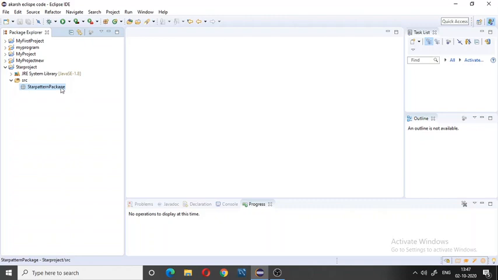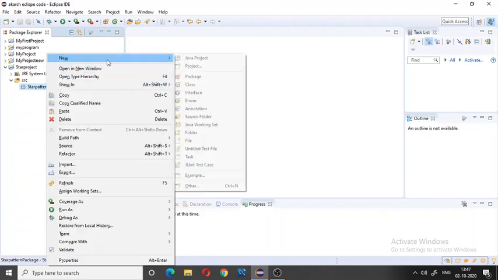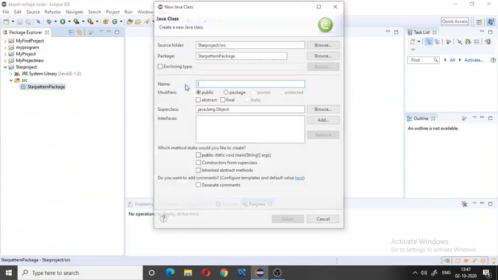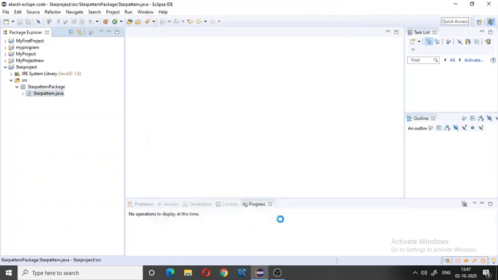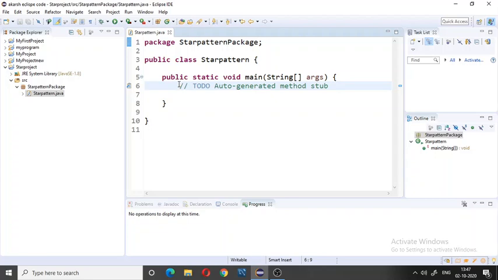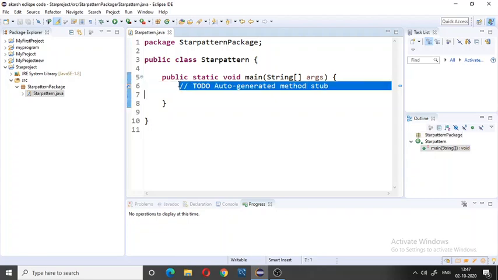Then right click on the package, New, Class. I give it the name star pattern. Click on public static void main, then Finish. So our class is created.